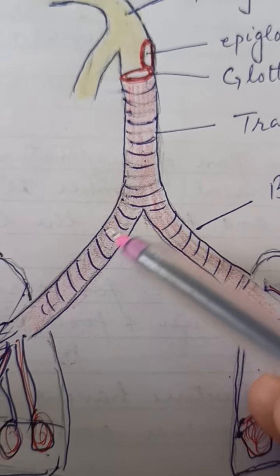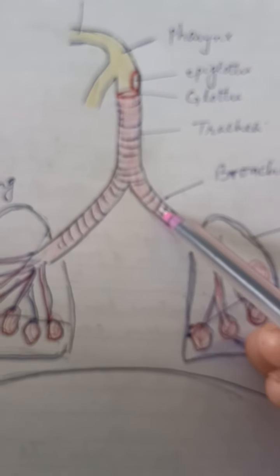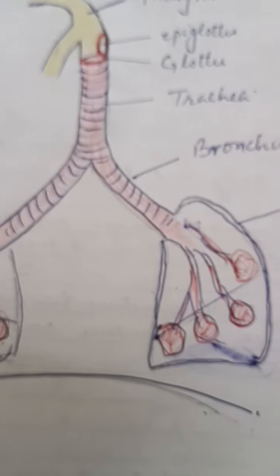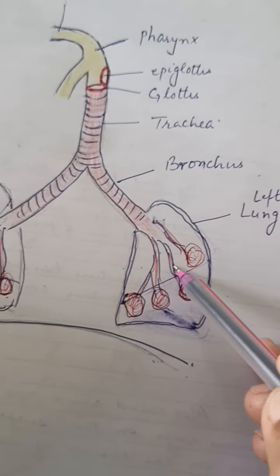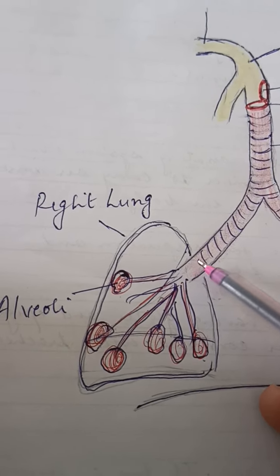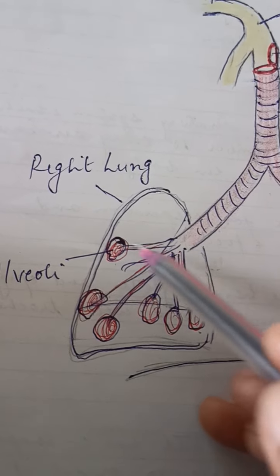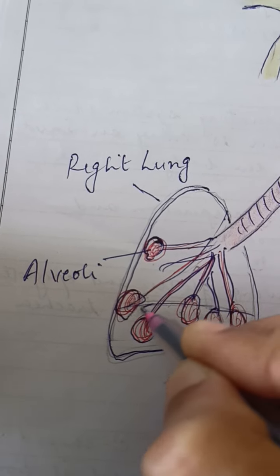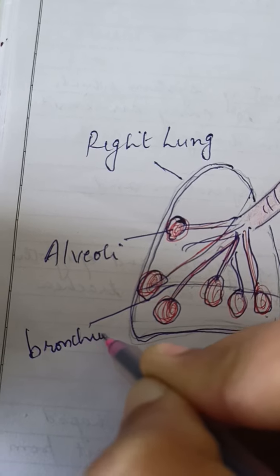And from the trachea, these two are the portions which are considered as bronchus. These are bronchi, right and left bronchi. Now from the bronchi, the air enters the lungs. These two are the lungs. This one is considered as the left lung and this one is considered as the right lung. And these bronchi, या secondary bronchus, are further divided into bronchioles. These are the branches, which you can also write as bronchioles.